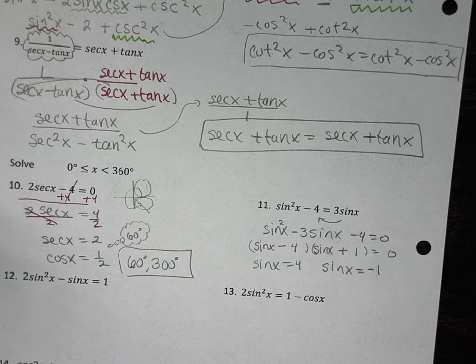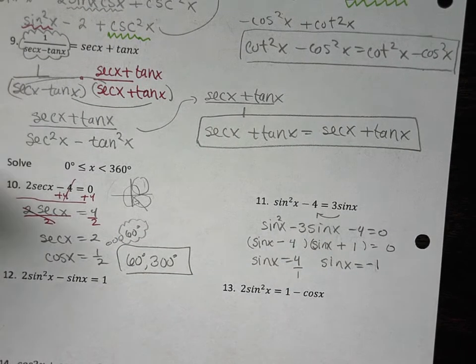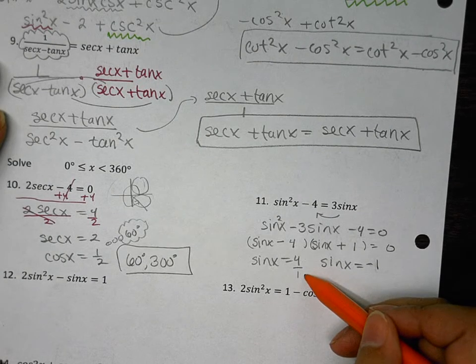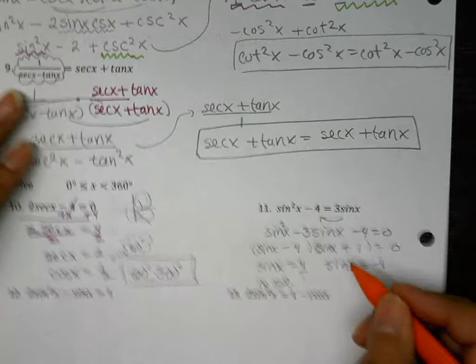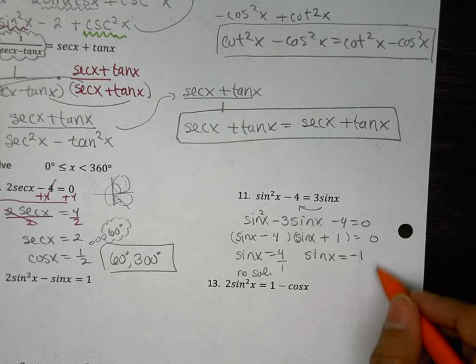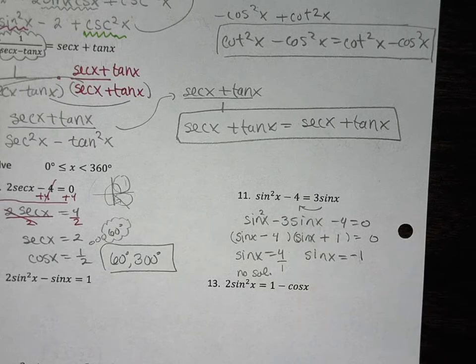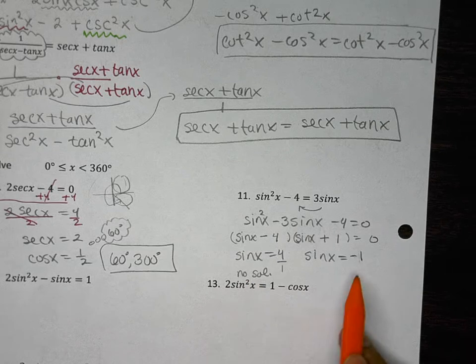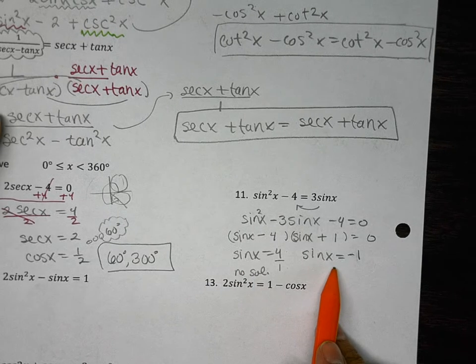All right. When is sine of x equal to 4? Never. If you put 4/1, because it's not on the unit circle, does it make sense that the opposite side is bigger than the hypotenuse? That doesn't make any sense, so this part is no solution. Is sine x ever -1? So does this part have a solution? So when you're writing your answers on the answer column for the test, will you put no solution? No, because there is a solution here, so when I check your work, I will see that you got no